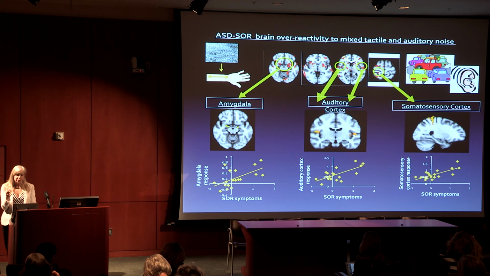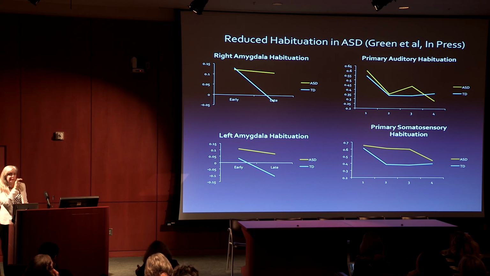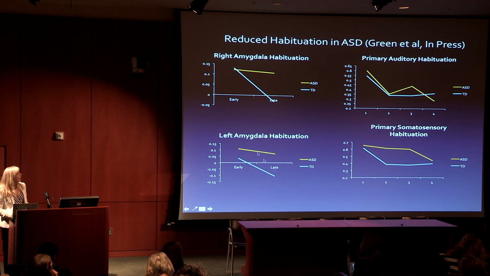One of the interesting things we can do in brain imaging is try to look a little bit more at the cause of these hyperactivities. So what Shula did in her most recent paper was that these stimuli were presented several times across an experiment, and she looked at the responsiveness over time to see how that changed. What was interesting is that in the very beginning of the trials, the kids with sensory overresponsiveness and kids with ASD had the same amount of activity in the brain.